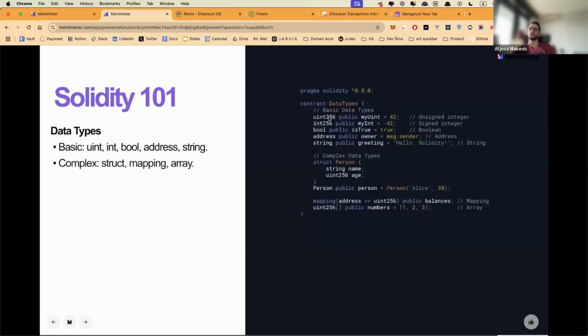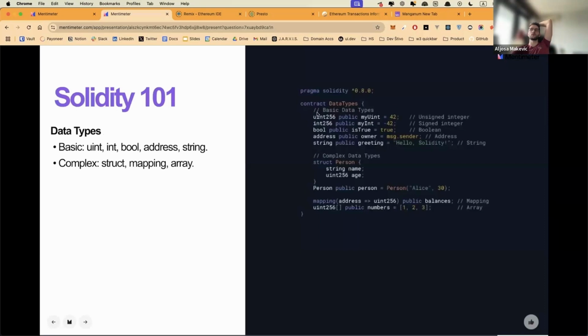And you're gonna see that uints and ints have this 256 right next to it. Sometimes it's gonna be 8, sometimes it's gonna be 16. That's basically scoping out the range that this number could be. So first of all, uint or int. The difference is uint makes these numbers only positive. So from 0 to whatever. Actually 2 to the power of 256. But ints can go negative. So how far can a uint go? And the exact opposite on the negative side, that's its scope.